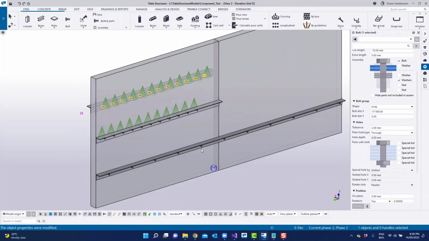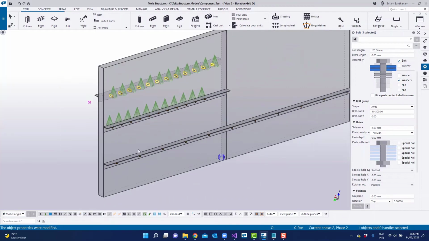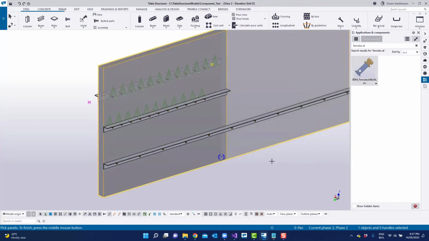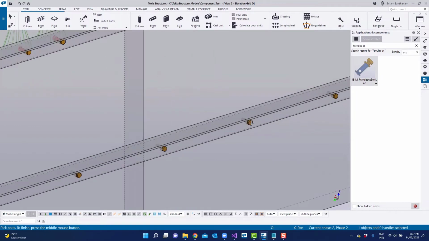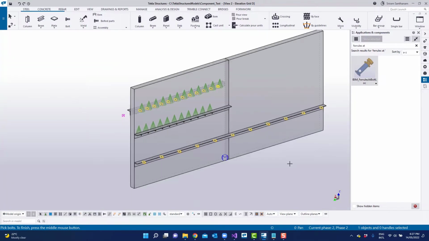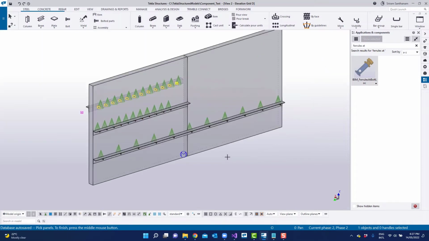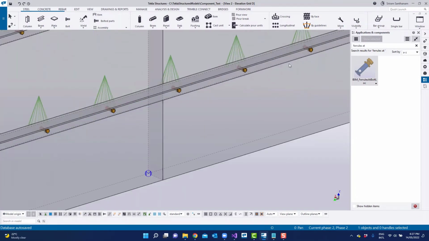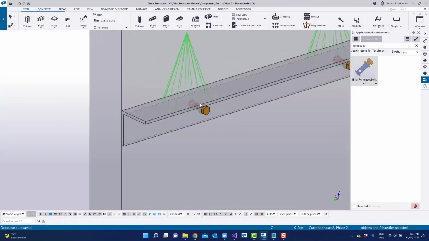If you see this bolt group, it is extending from one panel to the other panel. Now, pick these two panels, press the middle mouse and pick the bolt and press the middle mouse again. You can see the ferrules are inserted,